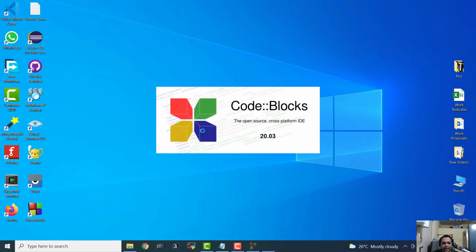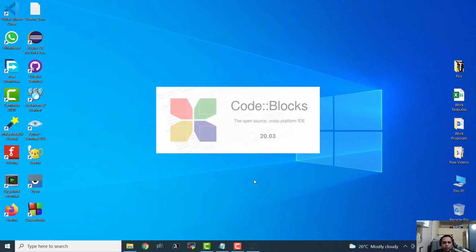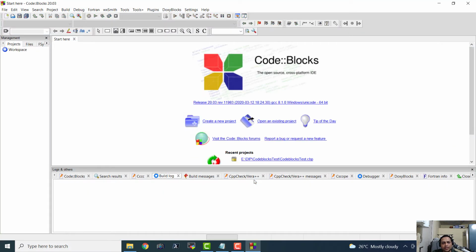So launching is actually taking a lot of time, and okay, so I'm just going to wait for the program to respond because I don't want to interrupt the process where we are seeing that it is doing some sort of setup. Probably it is doing this because it is launching for the very first time. Okay, so here we have the interface of CodeBlocks.